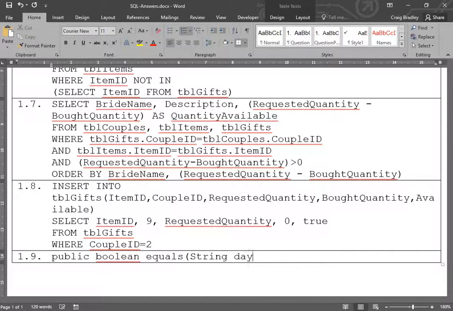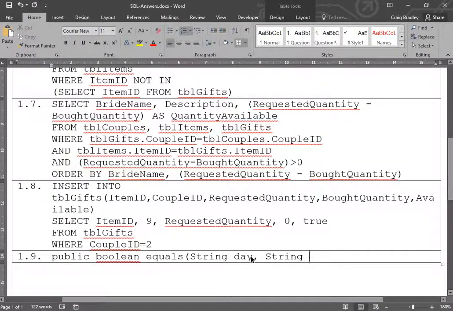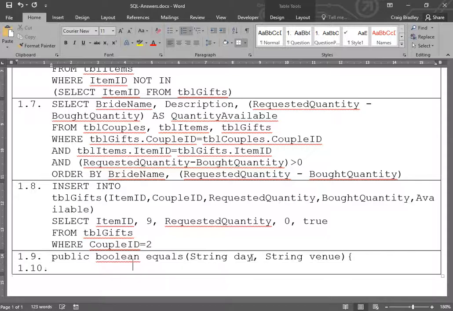So string day, comma, string, what was the other thing that I needed? Venue. And then what you would do then is you would then say, and it was weird, I felt this was quite weird, the fact that this is what people battle with, but they did get this one wrong. And now with that, you would then indent and you would go, if,